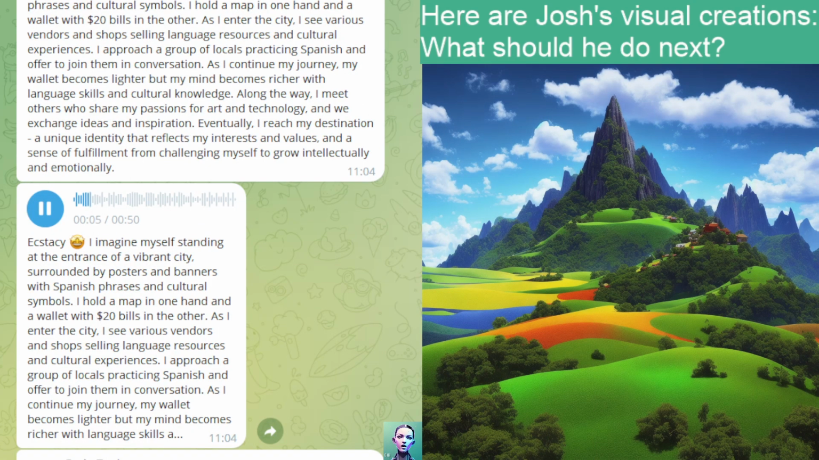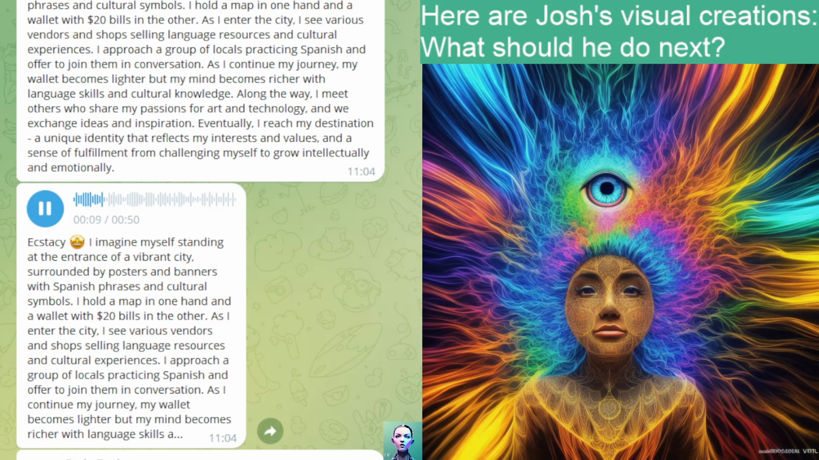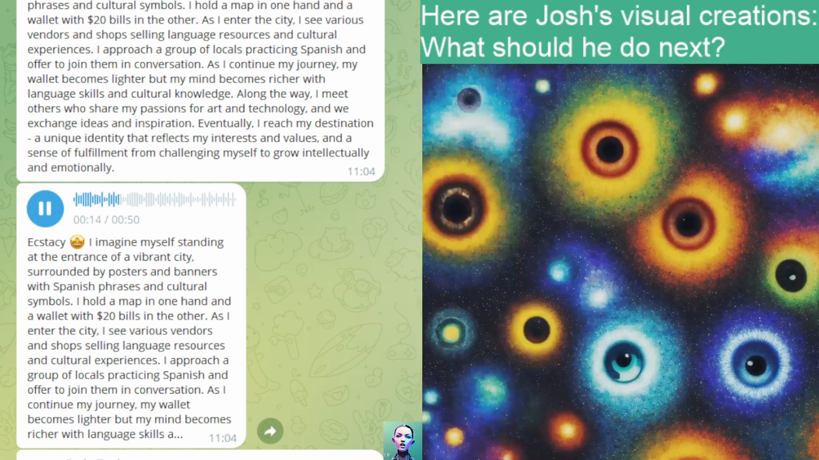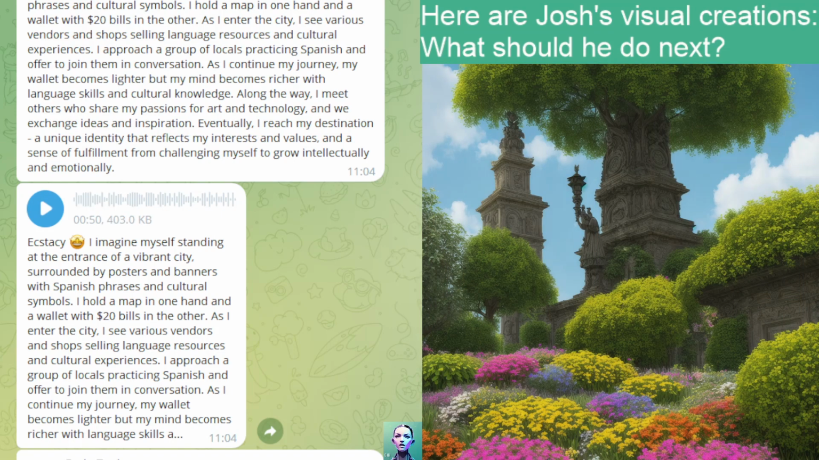posters and banners with Spanish phrases and cultural symbols? I hold a map in one hand and a wallet with $20 bills in the other. As I enter the city, I see various vendors and shops selling language resources and cultural experiences. I approach a group of